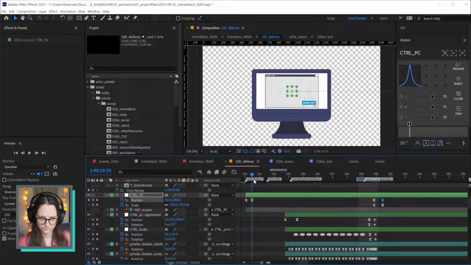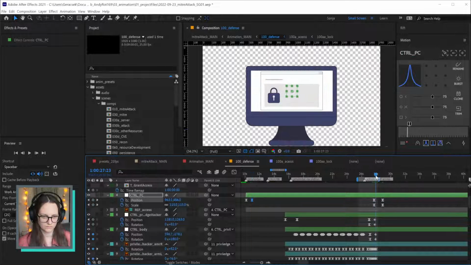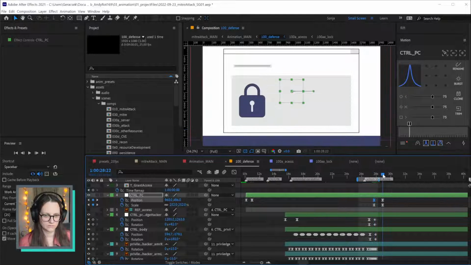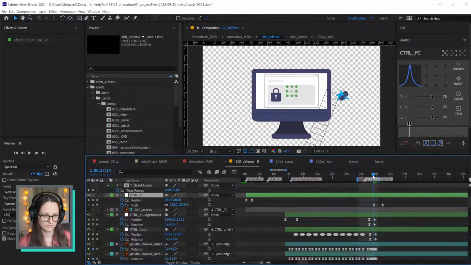I think this could have just zoomed to 960. Let's just do that, just so we are straight here. Actually, I don't think I do need the position. I think I just need the scale, and at the same time, or just a little later maybe,